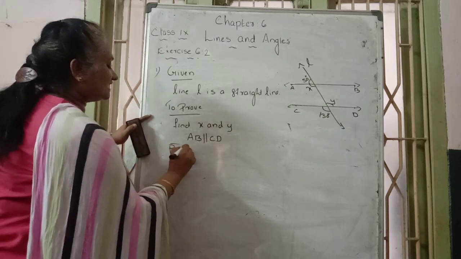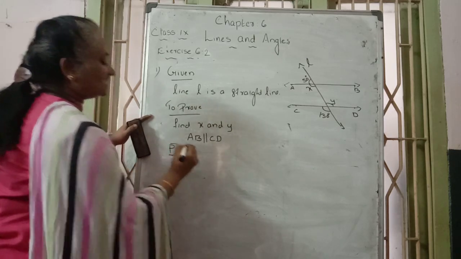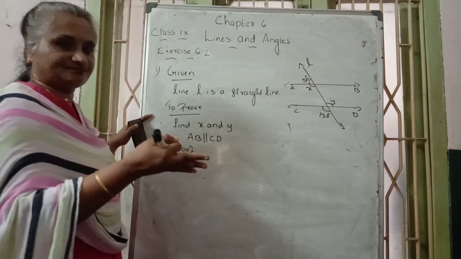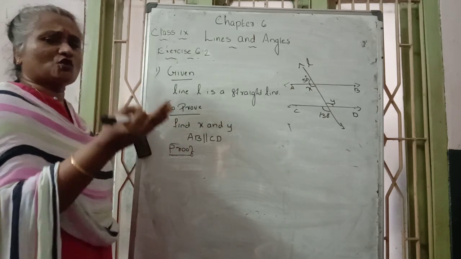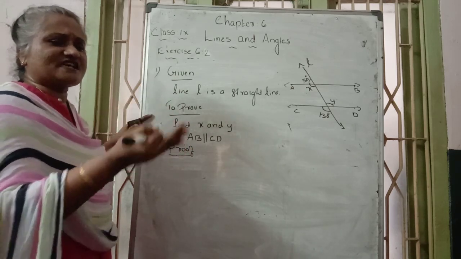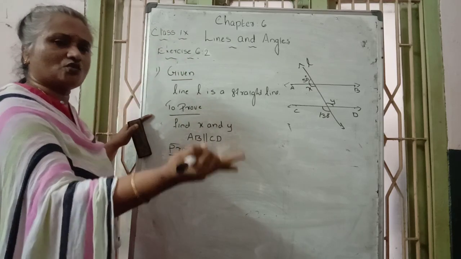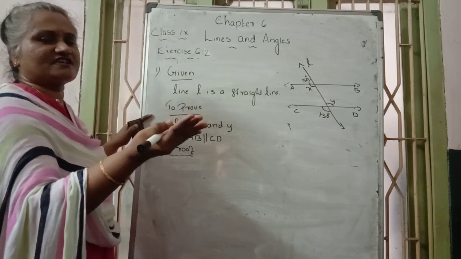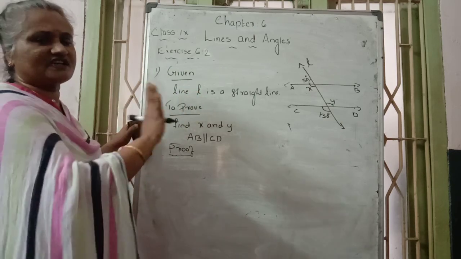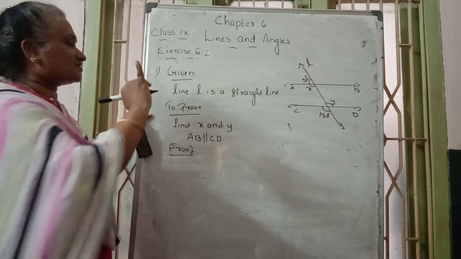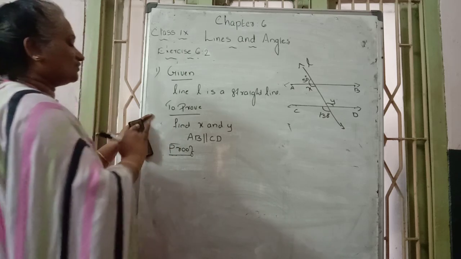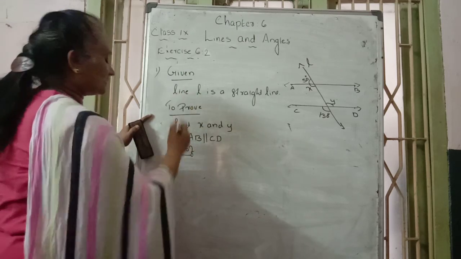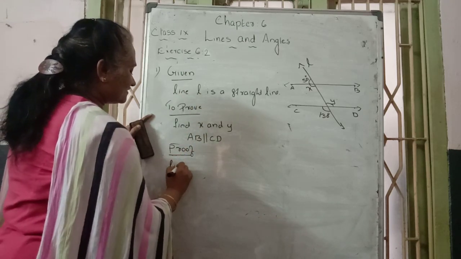Proof, third step: construction note. In the last class we learned the geometry topic. When proving, four steps are needed: given, to prove, construction, and proof. In rare cases only, construction work is there. In this question there is no construction. That is why only three steps are given to prove a proof. In the proof, the given matter comes first to start. What is the given line?